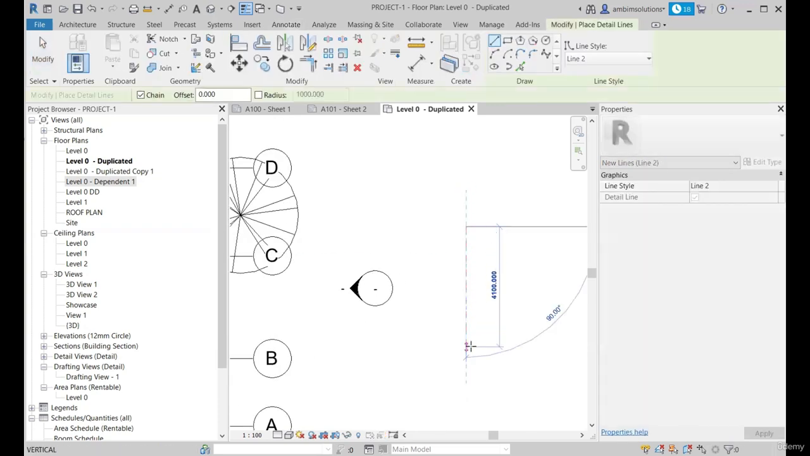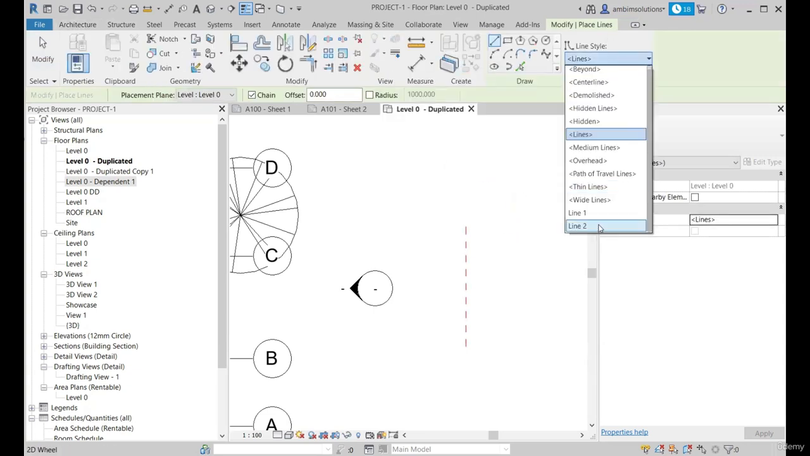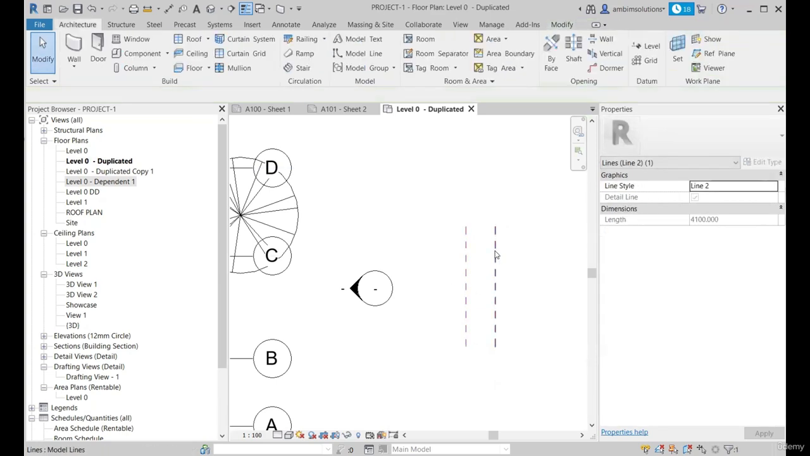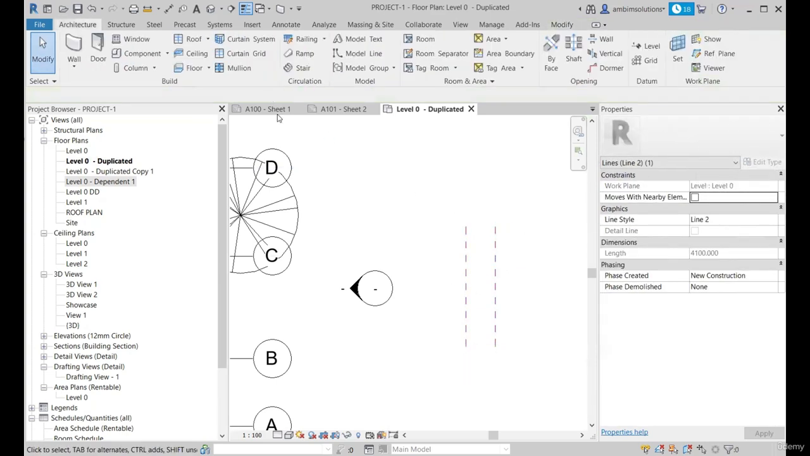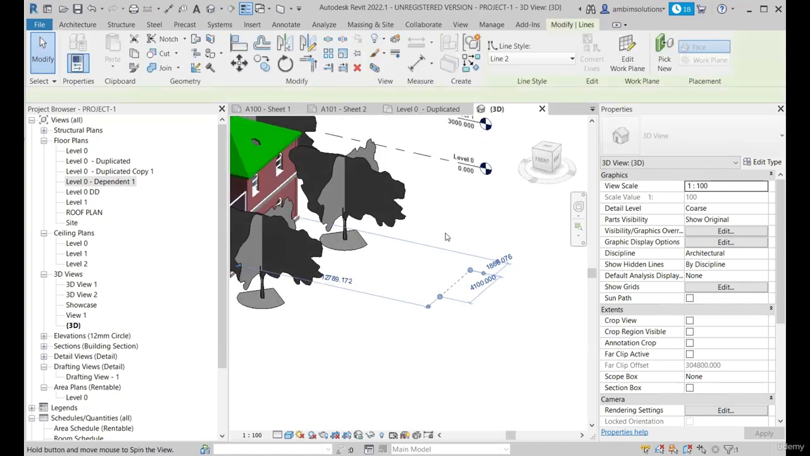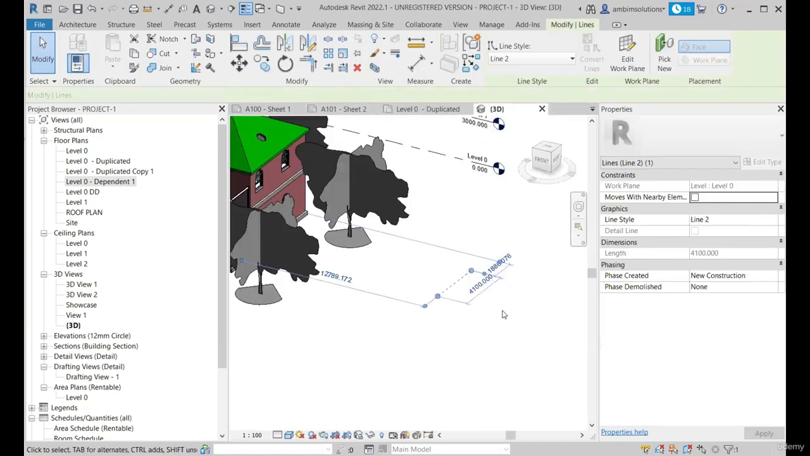Let's create a detail line over here and go to architectural tab, and here we have model line. So let's create a similar model line. So one on the left is a detail line, and one on the right is a model line. So if you go to 3D view, I'm able to see the model line. Okay, I'm able to see the model line that is on the right hand side, but I'm unable to see